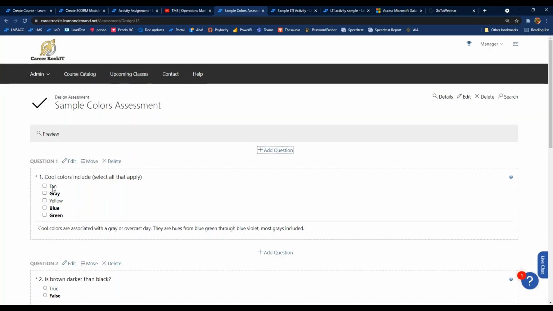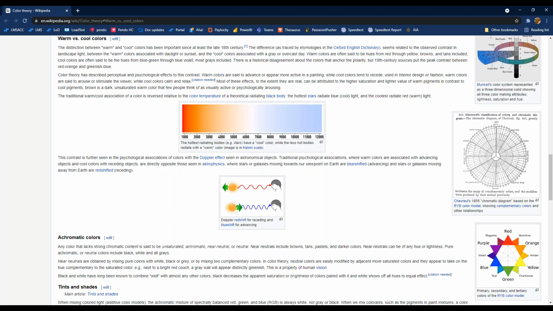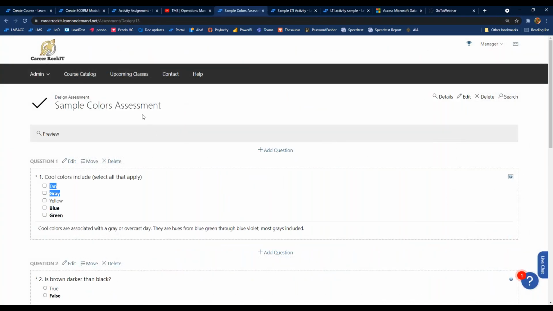Here you can see, based on what I've created, that these three bolded answers are the correct ones. I can review and see what the explanation for the answer is, and I can click out here to go to the website and view which website it is and get more information. So you can review everything that you've added for the student. As a student,